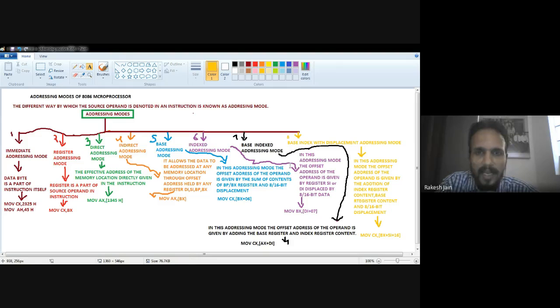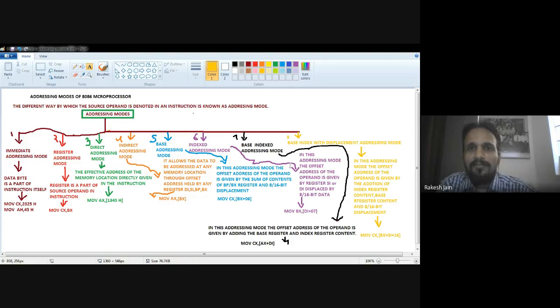The memory addressing capacity of the 8085 microprocessor was 2 raised to the power 16, that is 64 kilobytes. But in the case of the 8086 microprocessor, it is 2 raised to the power 20. Here the power depends on the number of bits of the address bus. So 2 raised to the power 20 is 1 megabyte, a large memory addressing capacity.